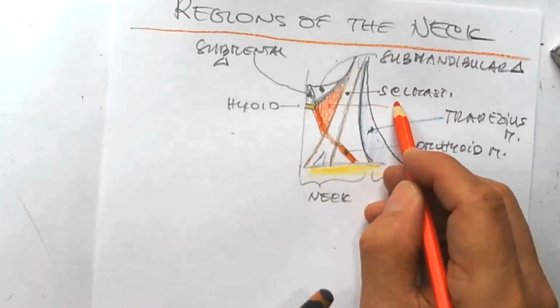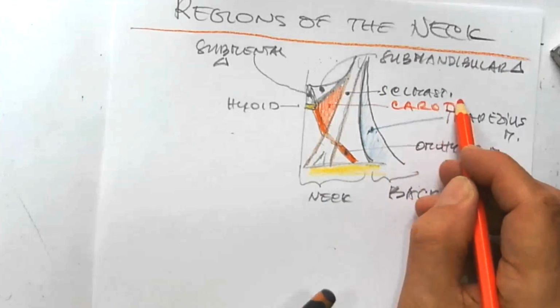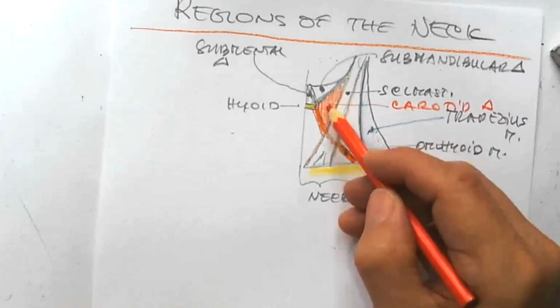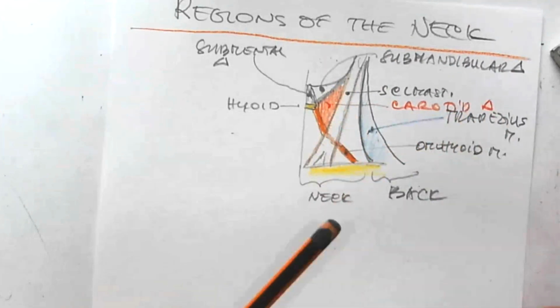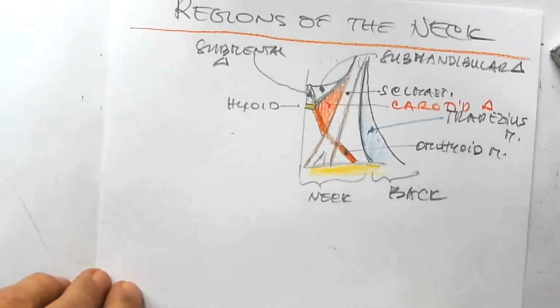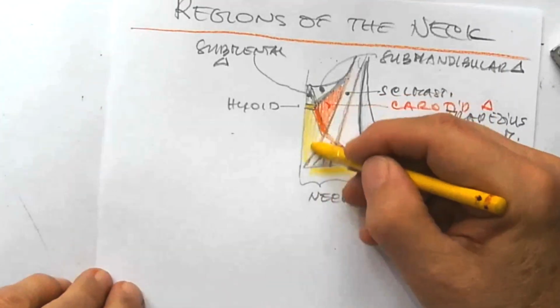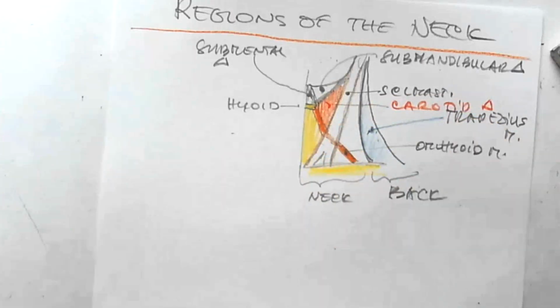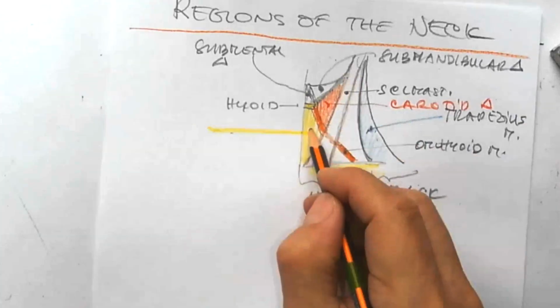This one is the carotid triangle. Then the anterior region is called regio anterior or cervical anterior region, so yellowish, must be